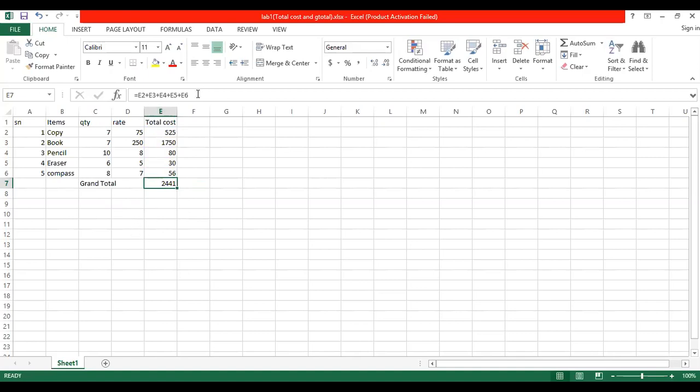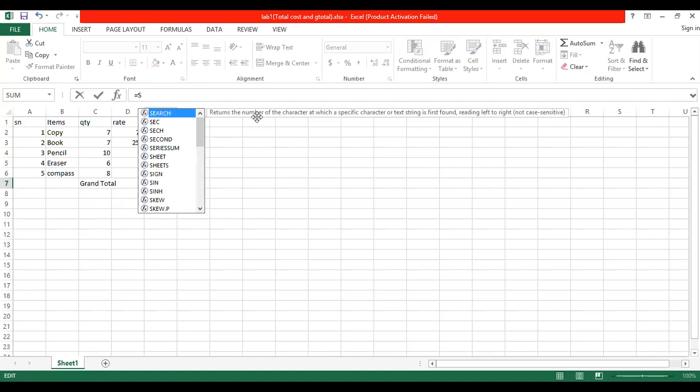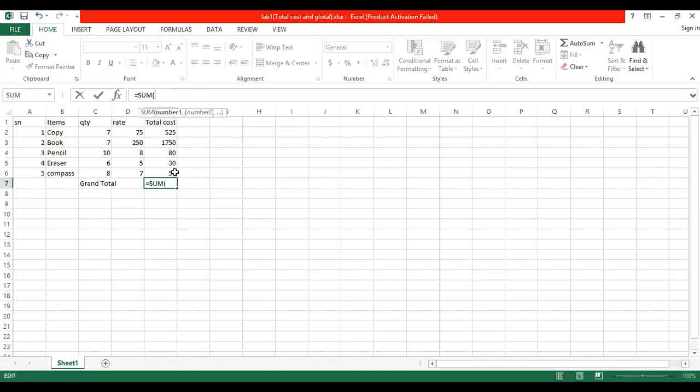You can use a function also, the sum function. How do you use it? You will do sum, bracket, and only the first cell address and the last cell address you have to use. What is the cell address of this 525? That is E and 2.